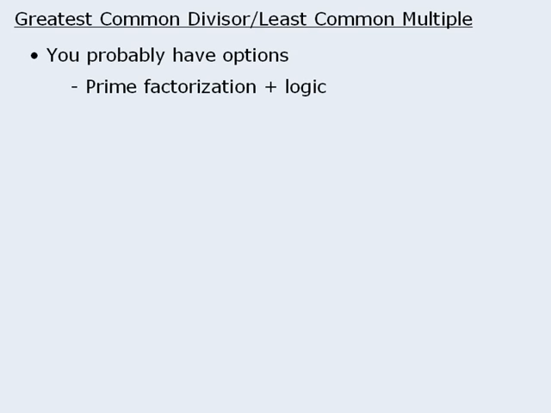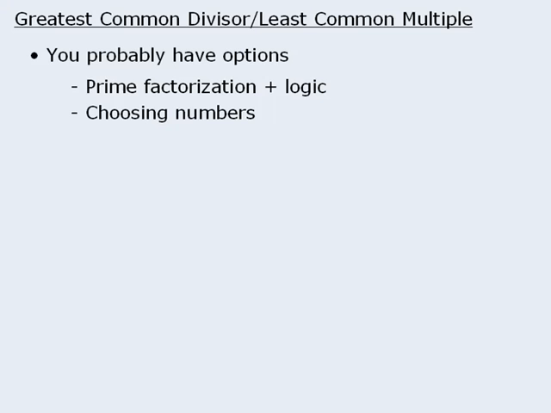One approach is to apply the prime factorization technique and then use some logic to solve the question. Another common approach is to choose some numbers that meet the conditions defined in the question, and then see what conclusions can be drawn. Now, this isn't to say that these are the only approaches, or that either of these approaches will always work. The important point here is that there are often two or more ways to solve a question, so you should take some time up front to identify possible approaches, and then apply the one you feel